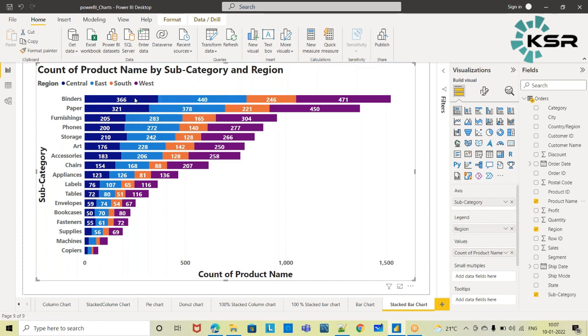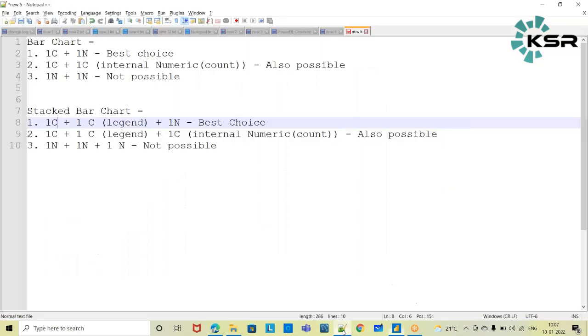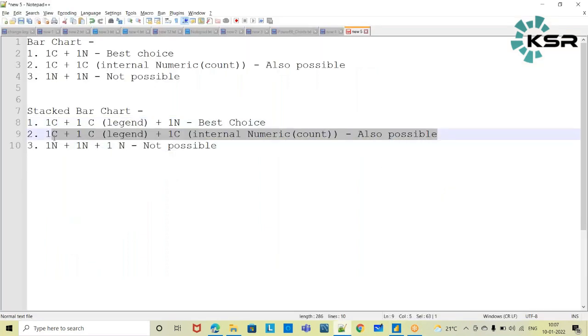For the subcategory binders, it is showing the count of products across each region. So this is also possible, we have tried now, right? Internally it is converting it as a numeric value, but the best choice will be the earlier one.